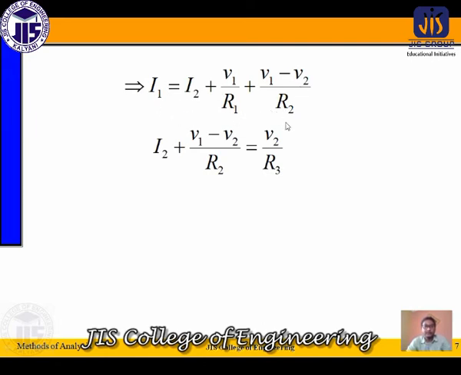All these values are given. So we get two different equations. If the current source values are given to you, capital I1 and capital I2, and you put in the values of R1, R2, R3, whatever resistance values are given in your problem, then you will simply get two different equations having two unknown quantities, V1 and V2, and after solving these equations you can simply get the values of V1 and V2.